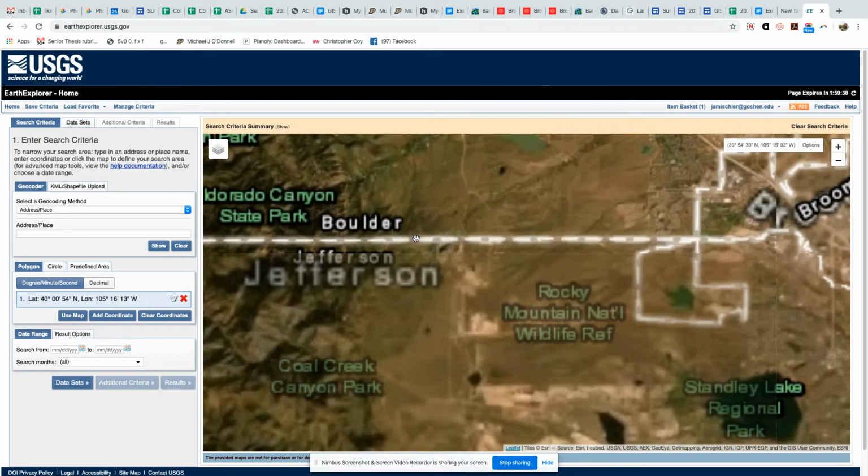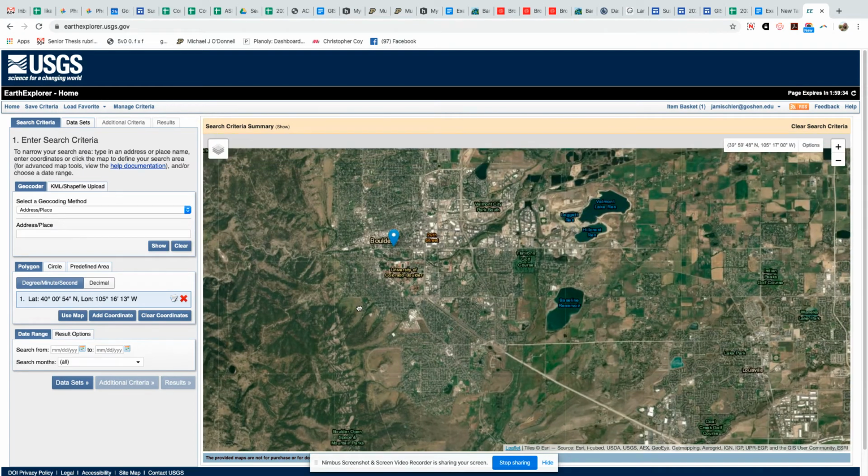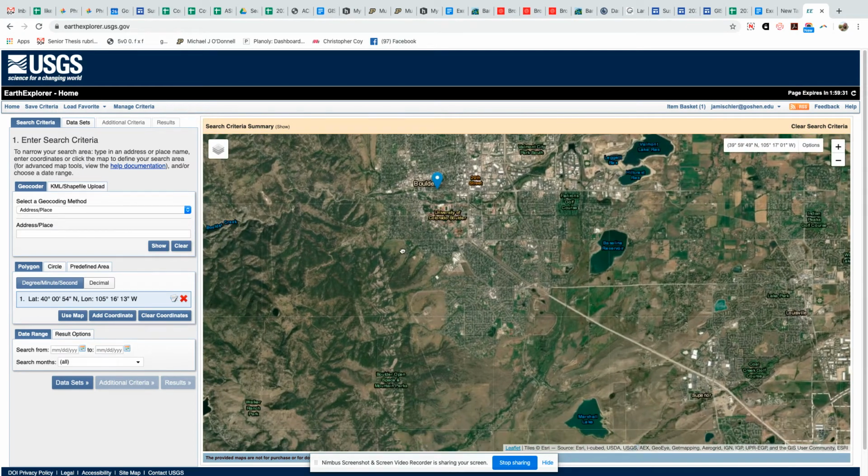And just so you know, since I know I'm doing classification today, one of the reasons I chose this is it's got lots of different land cover types. So you've got urban areas, you've got mountains, you've got grassland, you've got highways, you've got residential areas, water, farm fields. So lots of different things for classification. So, okay, so I've got my location,